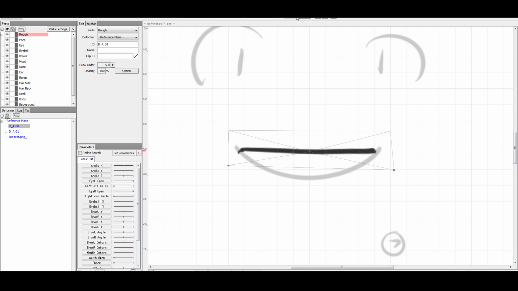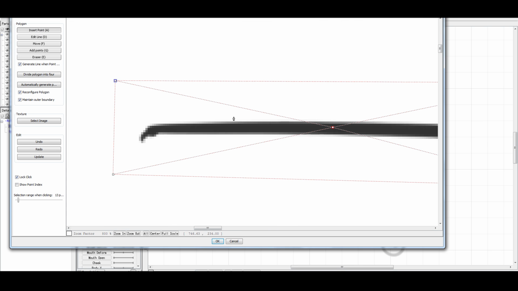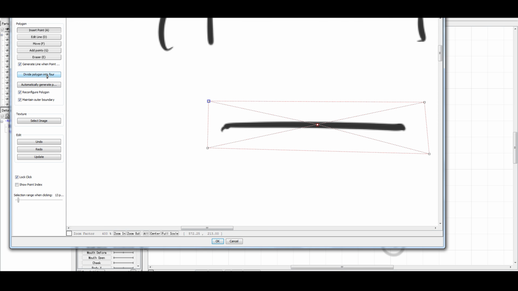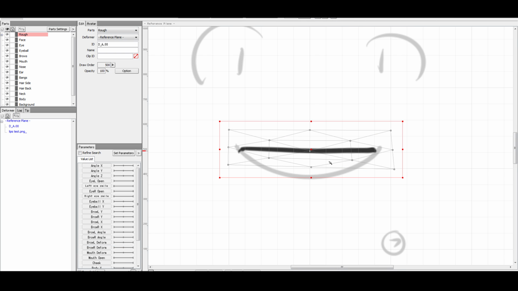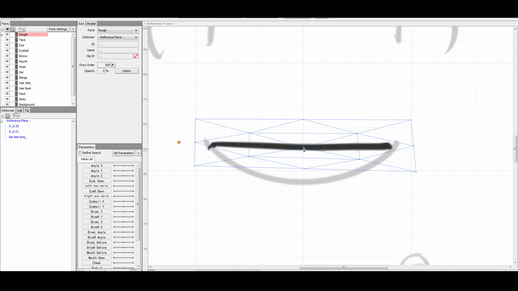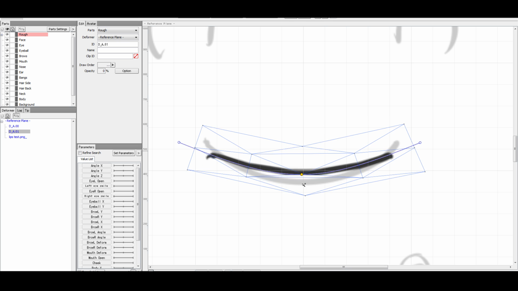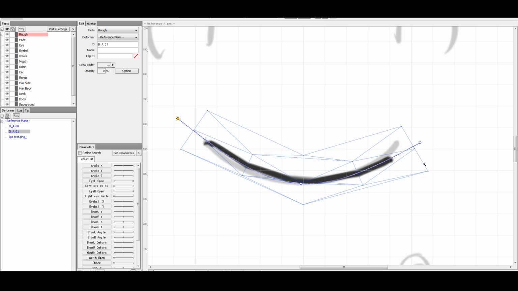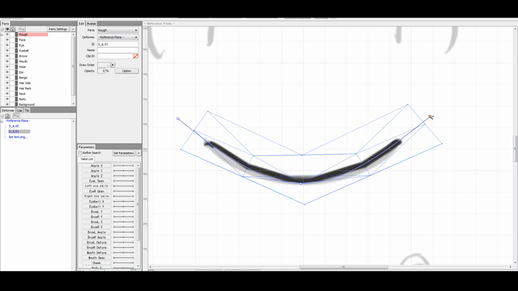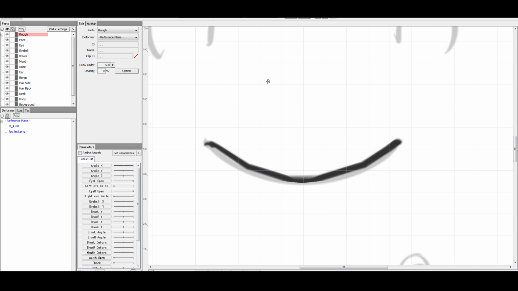Let's back up the steps, and then let's try to give it more vertices this time. I'm going to double the amount by pressing this divide polygon into 4. So these are the automatically generated polygons right here, 4 times more. And let's see how it works this time. And let's shape this. What do you think? Much better, but we still have a part cut out,